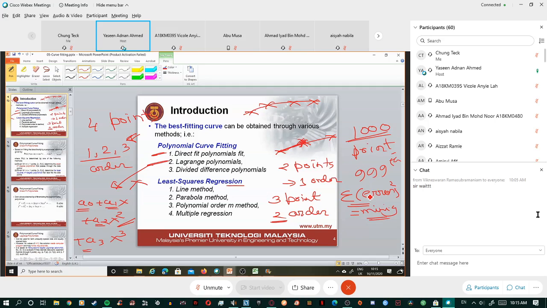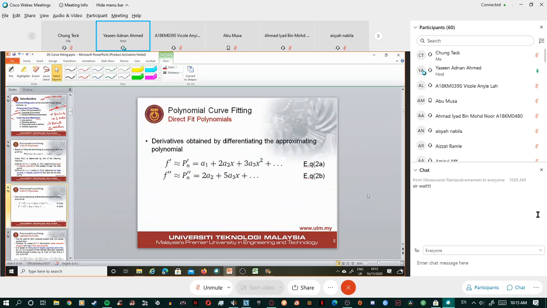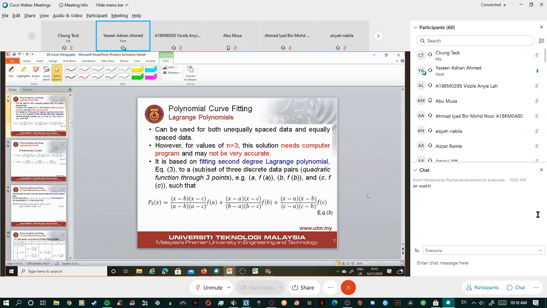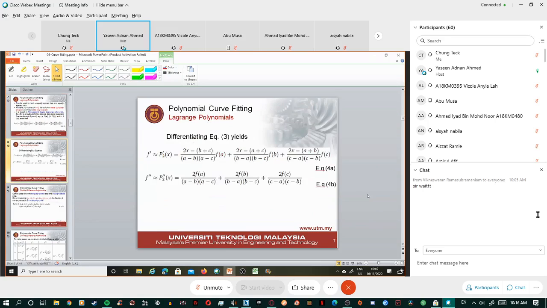The regressions are different. In case of regression, our main strategy is not to fit the curve. We try to minimize the square of the error. On the other hand, for curve fitting, we try to fit the curve that passes through the given sample points. Okay, so these things I already explained. For example, in case of Lagrange polynomial,